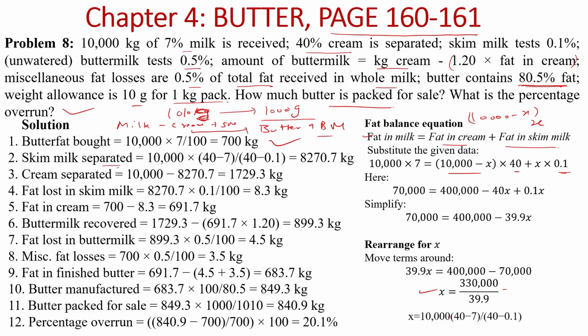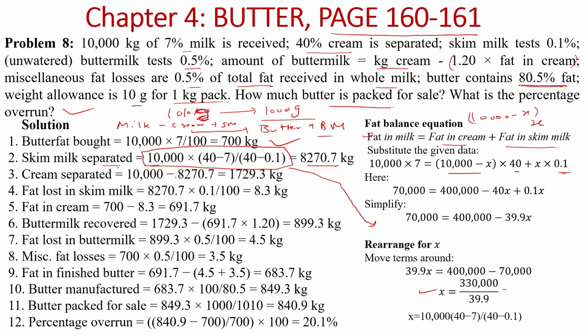So this is nothing but 10,000 into 40 minus 7, divided by 40 minus 0.1, and this is the same equation as it is here. Just to tell you how this equation has arrived, this can be obtained from the Pearson square also, and in this way also, if you are running the fat balance equation, you will be able to know how much skim milk is separated, that is, the x value is